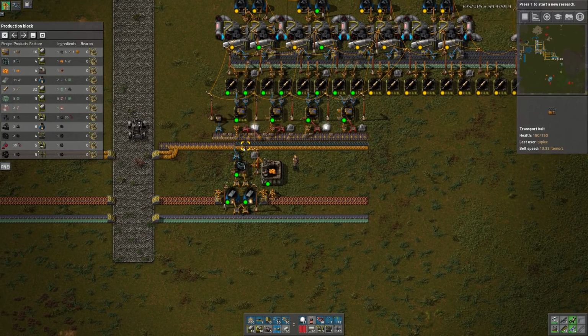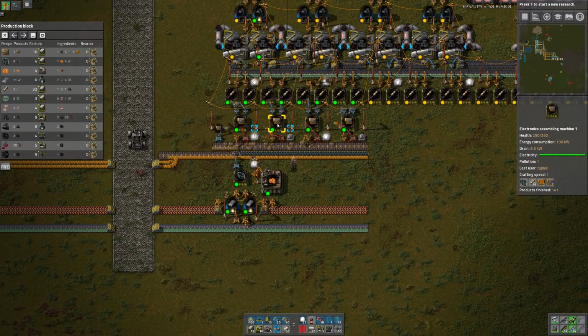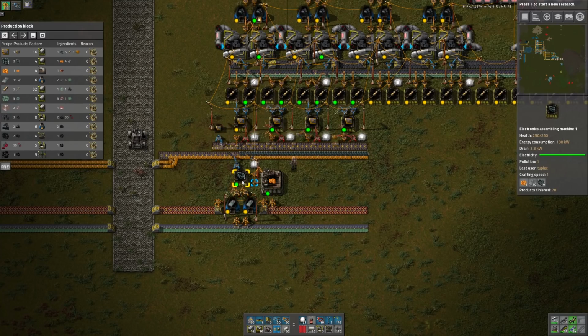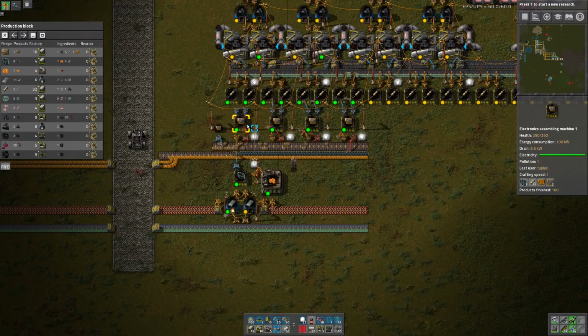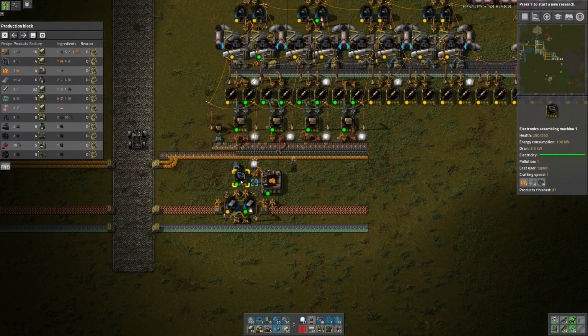Okay. Inserters seem to be doing fine. These are all running. But we're not using nearly as much. This needs 1 solder per 1 second. And this makes 4 per second. It makes 8 every 2 seconds. That's 4 per second. These have the same crafting speed. Huh. So I'm not sure why